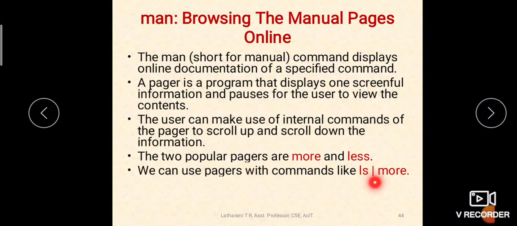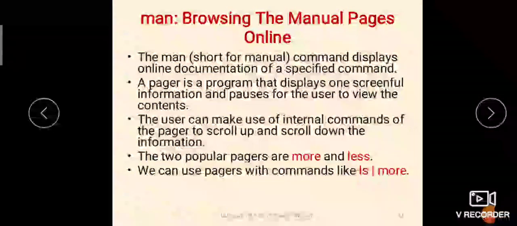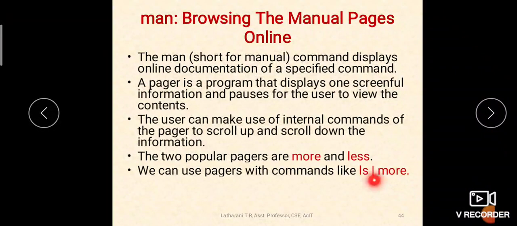The symbol you are seeing here is called the pipeline symbol. You can use the pipeline symbol to combine commands. You can have many commands combined together. As we have seen, using simple commands of Unix you can build a complex command, right. Likewise, using this pipeline symbol you can combine more simple commands to perform a complex task. So, ls is combined with more, which means the output of ls is given as an input to more. That is the work of the pipeline.